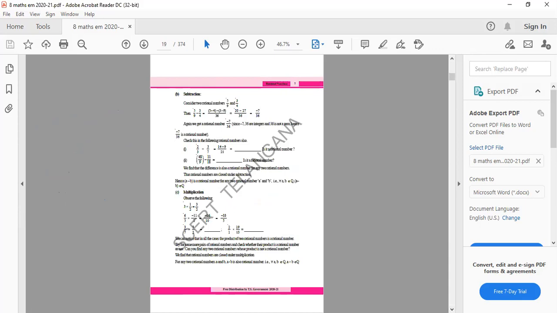Now let us move to the next one, subtraction. Subtraction is not valid, because just now I took general numbers. It is not supposed to be valid. We cannot take it into consideration, because 2 by 3 minus 3 by 2 is different from 3 by 2 minus 2 by 3. The answers will be different. Minus 1 by something else will come, so subtraction is not valid. But multiplication is valid.